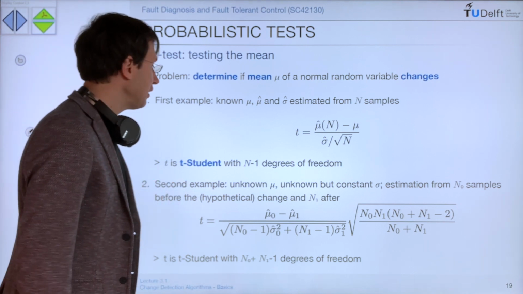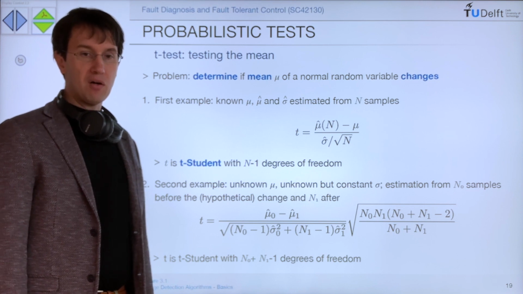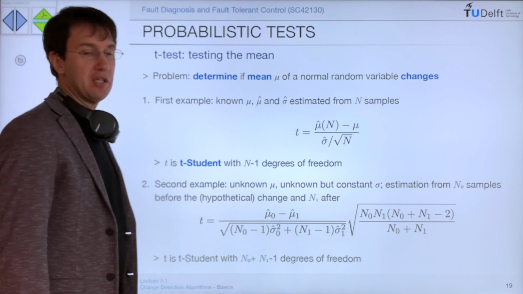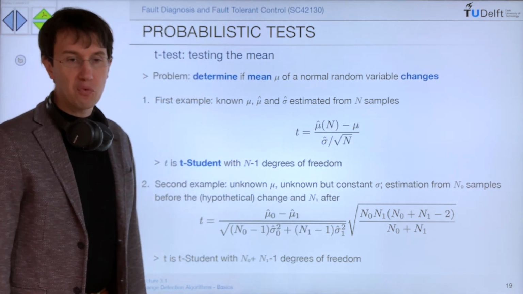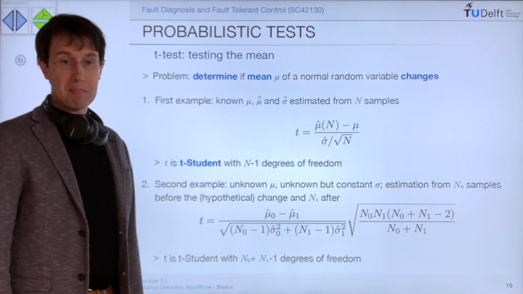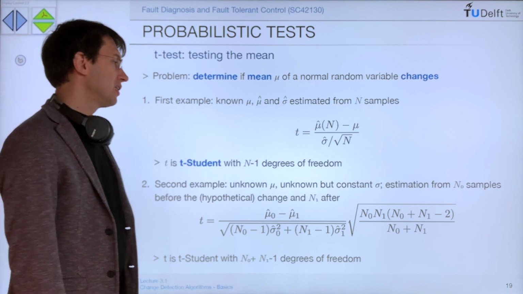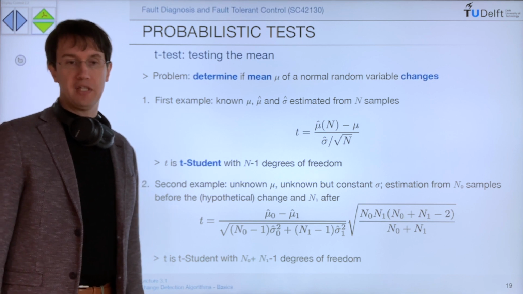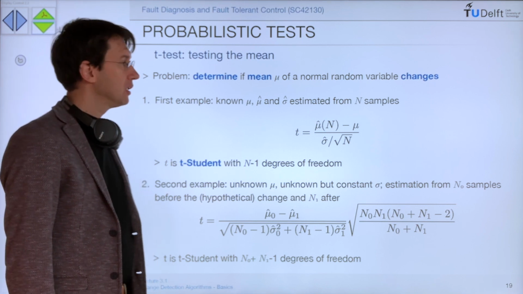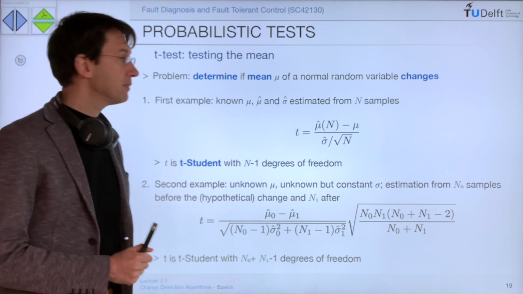So here we are assuming that we have a variable z, of which we know the nominal value of the mean, that we call mu. And we want to test whether the mean of z is indeed mu or changed. So this is useful if we have a fault that is going to change the value of z in the mean. For instance, in the case of the heart rate,